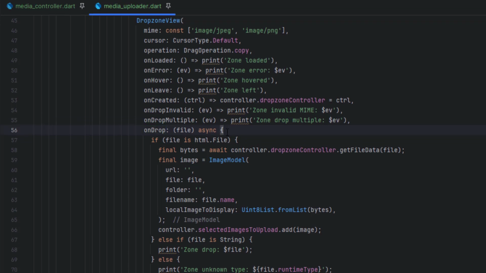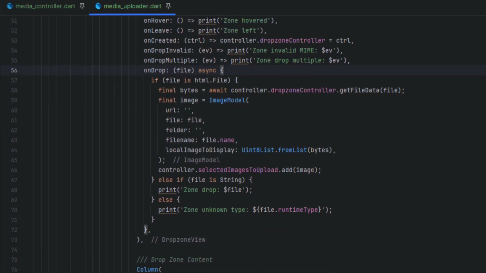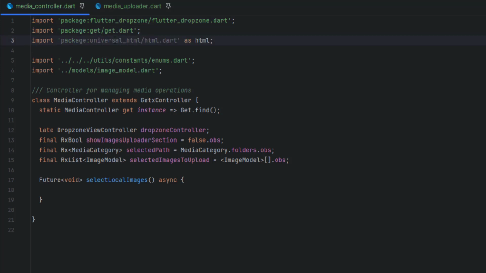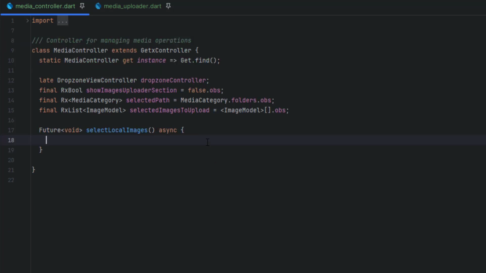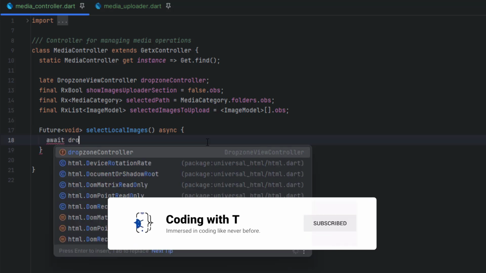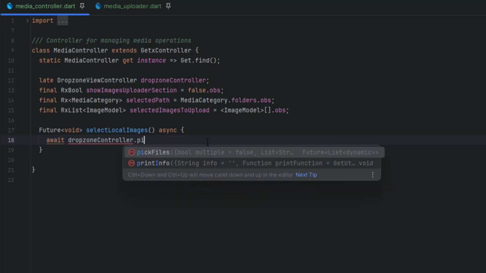Now you have to do something similar when the user selects the images using this button trigger. So I'm going to create a new function inside our media controller, which is going to be select local images. So let's go to the media controller, and in here I've created a Future type select local images function, which is going to be async. And first I'm going to import the universal HTML package again as html. Whenever this function is called, we are going to use await and our drop controller dot. It has a function which is going to pick